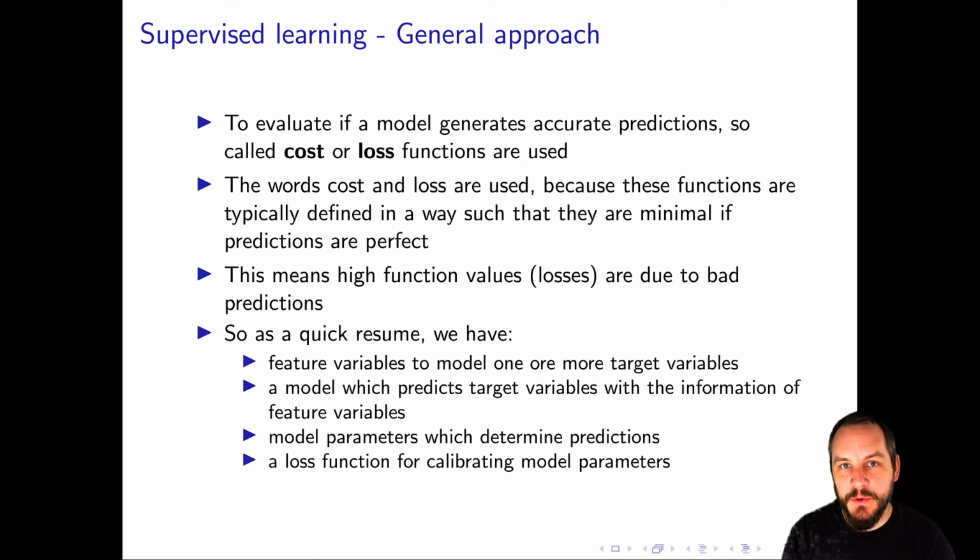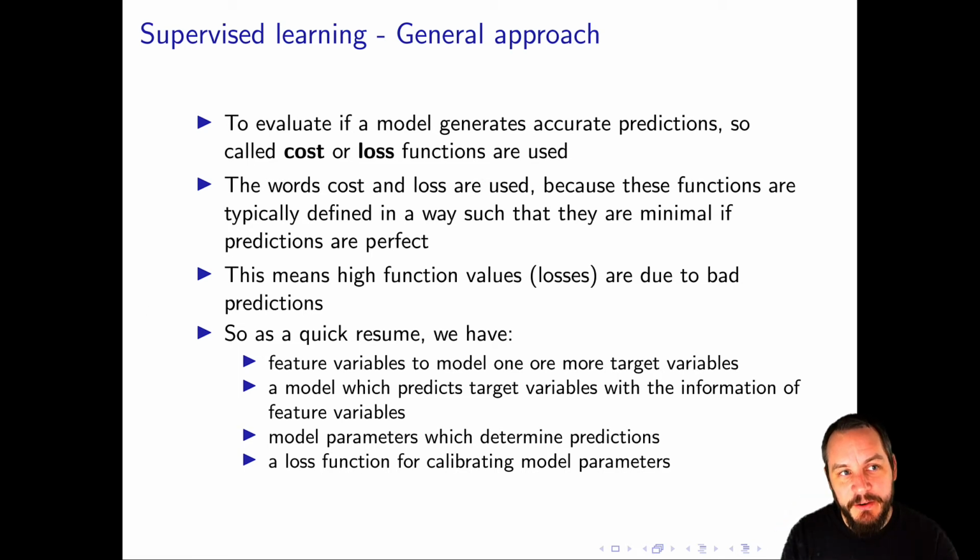And this is what we need in order to get some feedback if we already succeed in calibrating a reasonable functional relationship between the feature variables and in order to generate the predictions, which obviously have the aim to be close to the target variables. Okay, so if we subsume here, then what you really should remember right now is